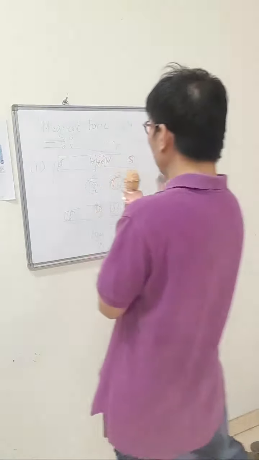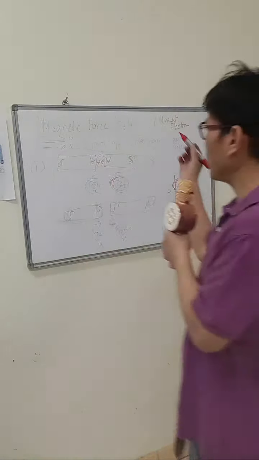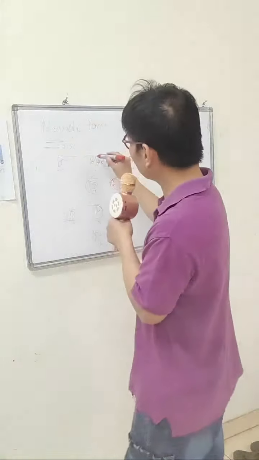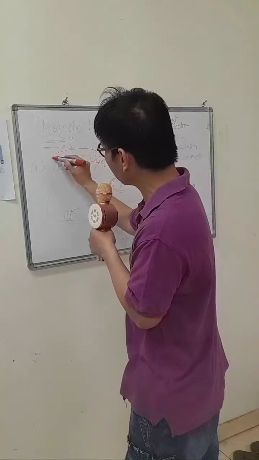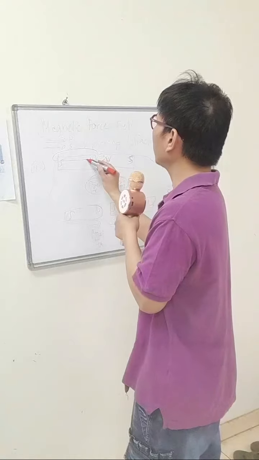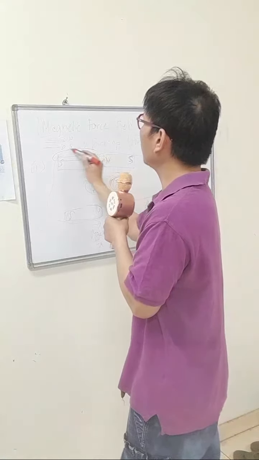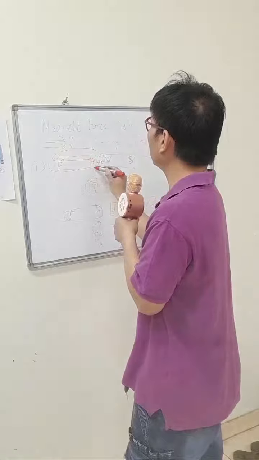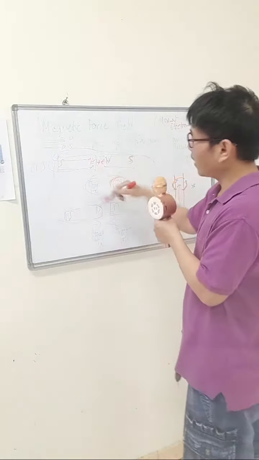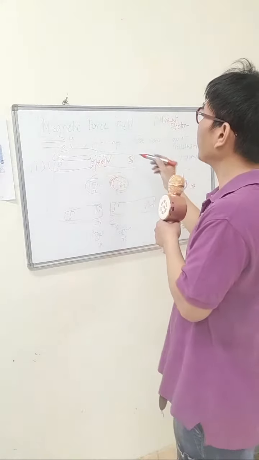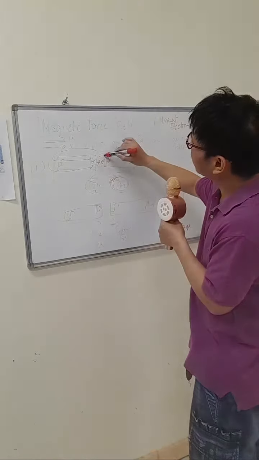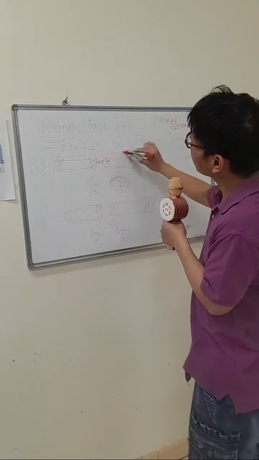Now, how can I show the magnetic fields? I will put the magnetic field here. So that is going to the page, like that. Circular movement. Okay, now if you put this for the north, and another north also, if something like that, guys, like this. So if you try to put a magnetic field here for the north,